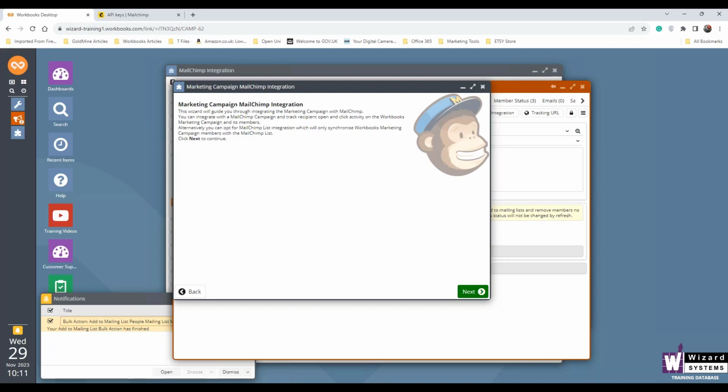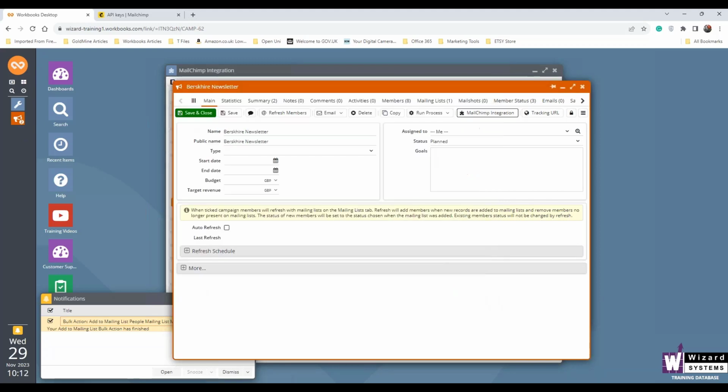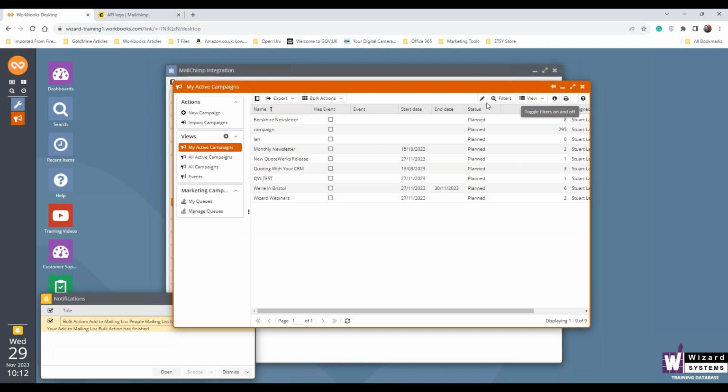a series of steps, and it will then create the campaign within Mailchimp so that you can then create your newsletter, you can use their templates, and you can send your email. And because we went through this process, the contacts are already in the recipients within Mailchimp, so the right people will get the message. When you want to see how everything went, if I go back to a campaign, one